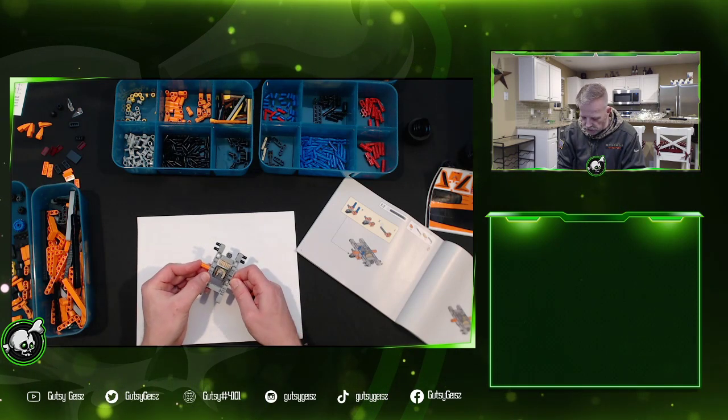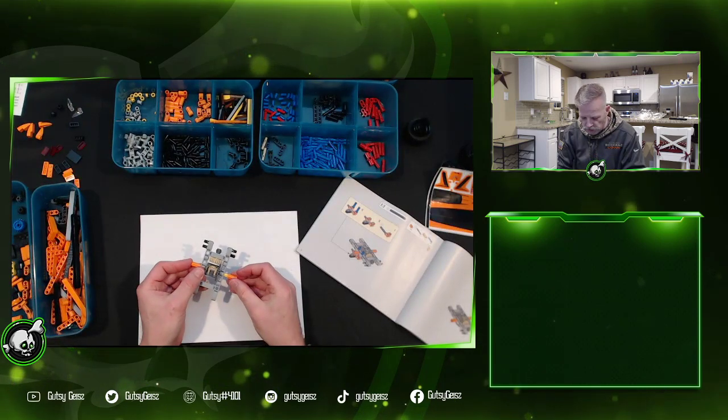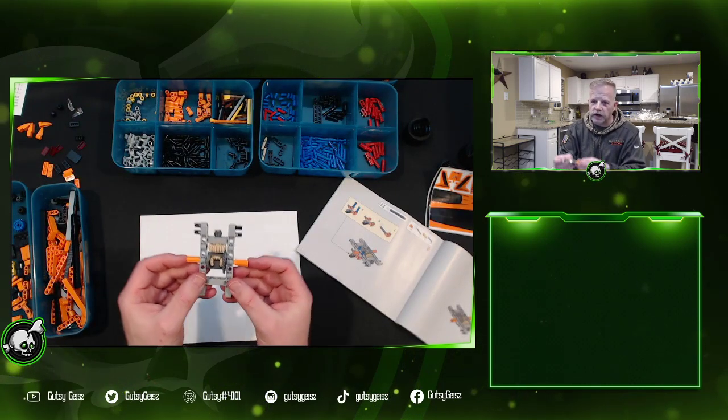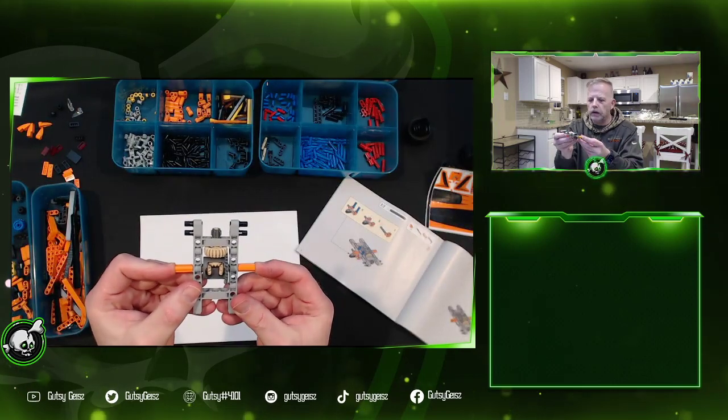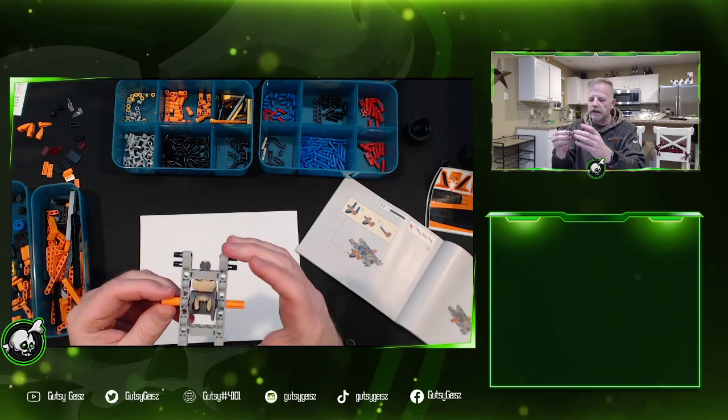And I've got to be careful. I want to make sure I leave a little bit of space. Always leave a little bit of space, especially when you're working with gears. That way you don't get it ground up in there. It doesn't get locked in tight. But as you can see,